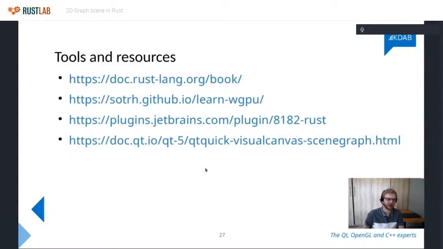You really need to understand things like the borrow checker before you get into it. You just have to. And then the second link here is a very nice tutorial on WebGPU in Rust. This is how I learned WebGPU. I basically just followed this tutorial, implemented everything there, and then just started building my prototype on top of the patterns they showed here and the example code.